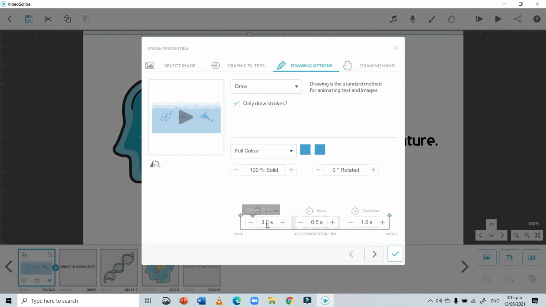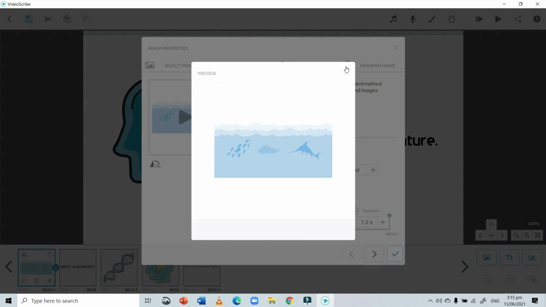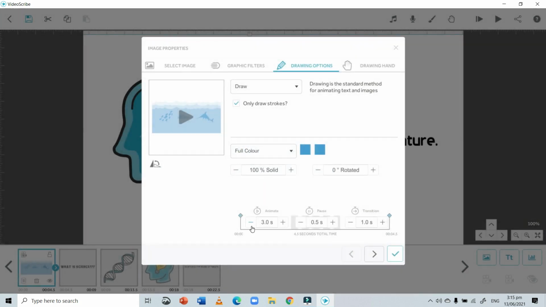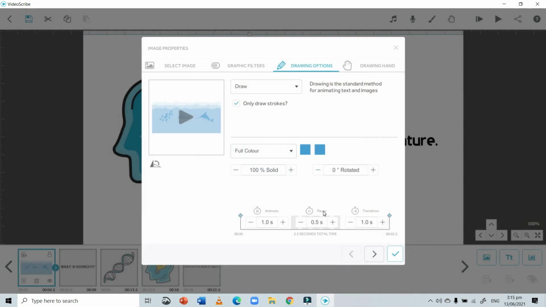So if you set it to 3 seconds, that animation will take 3 seconds, and it is just a picture, so 3 seconds is more than required. So I will keep it 1 second, so that the picture is animated in just 1 second very quickly. So this is what the animation time is. And pause time is the time that, when the animation is done, for how much time the element should be there on the screen.